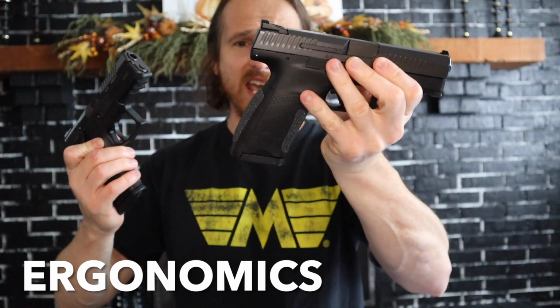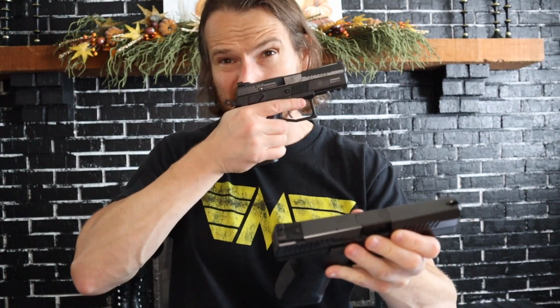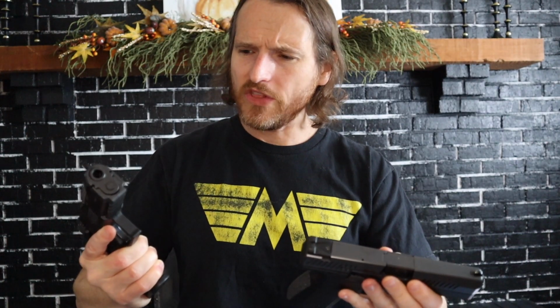The ergonomics are better on the P10C. I held a P-07 at a gun shop one time, and I was like, man, that feels really good. And then I bought this, and I was like, holy shit. I mean, the ergonomics on the P10C are just fantastic, and on